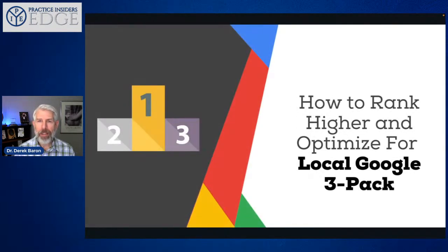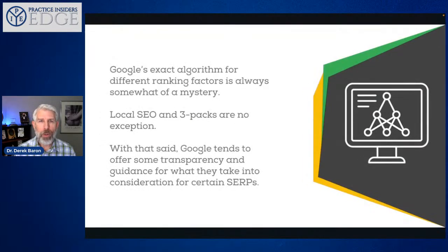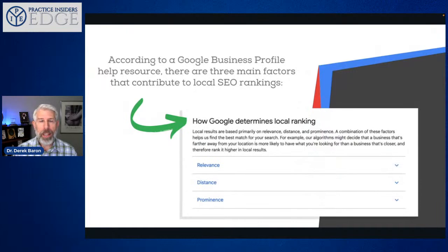So how to rank higher and optimize for the local Google 3-pack. Google's exact algorithm for different ranking factors is always somewhat of a mystery. Local SEO and 3-packs are no exception. With that said, Google tends to offer some transparency and guidance for what they think is good consideration for the SERPs. According to Google Business Profile, the help resource, there are 3 main factors that contribute to local SEO rankings: